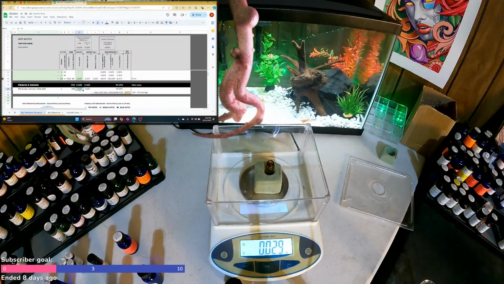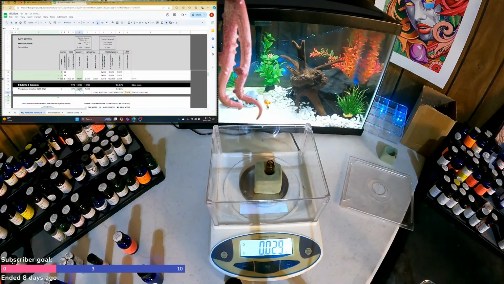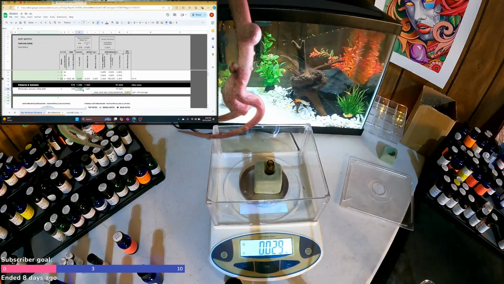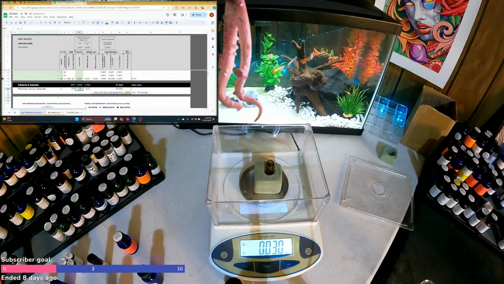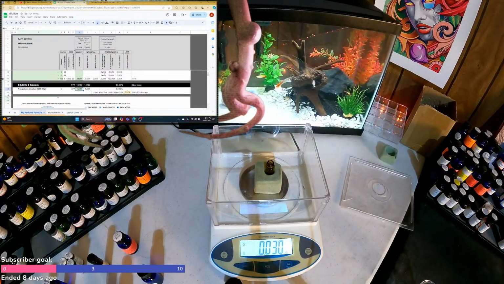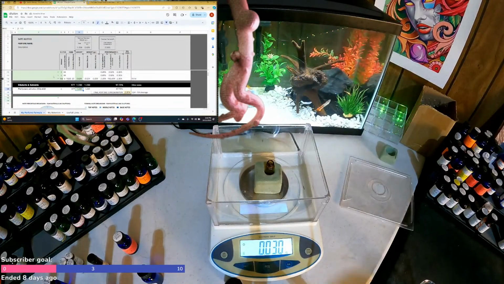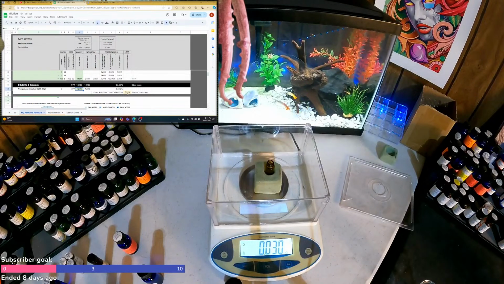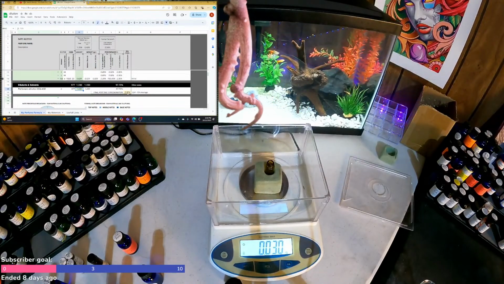So let's go 1.2. 2.3, what do we need? 2.3. So now we're going to get, so 1.21, 1.22, 1.23. There you go. So, to reach a 2.3% final perfume concentration, as you can see there,